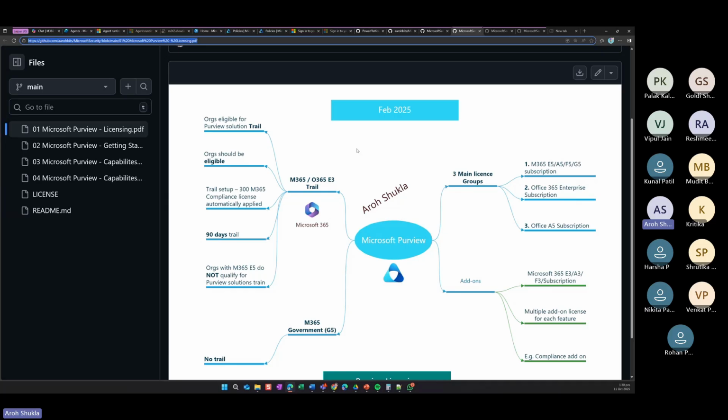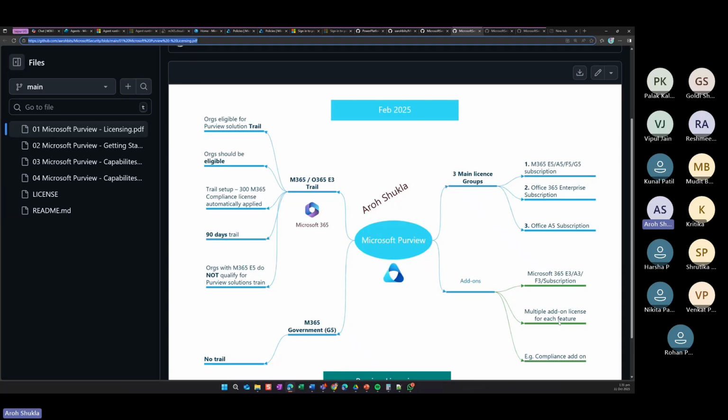So it is important that when you're working with Microsoft Purview, you either get E5, A5 or G5 licensing, or else if the organization doesn't have that much budget, you can just add on to your E3 subscription, for compliance for example. That data security and compliance can be controlled, because at this pace, agents will be the future.